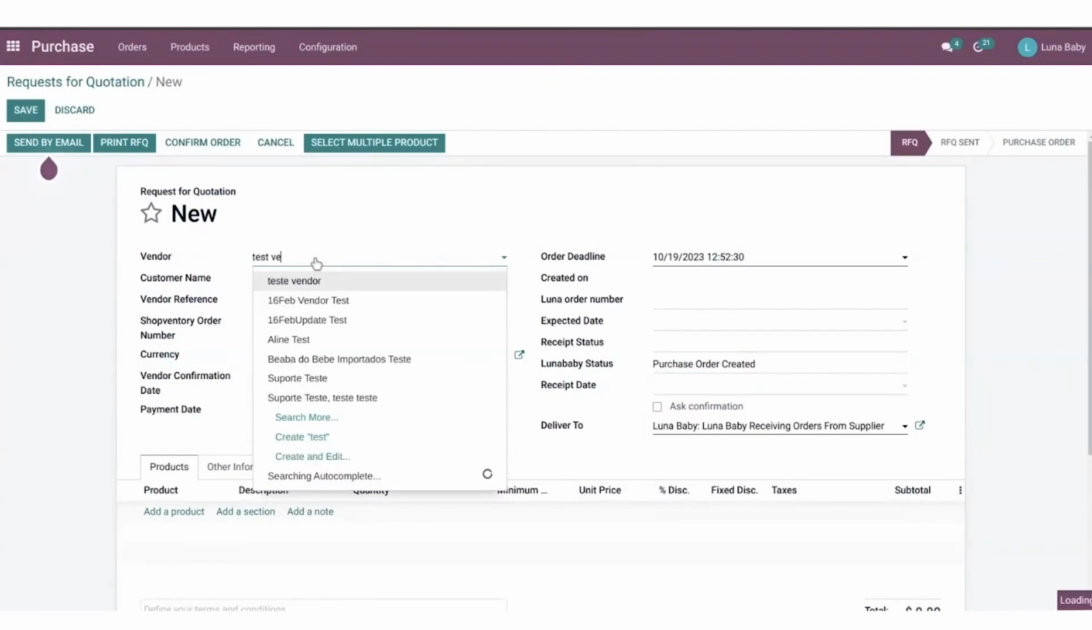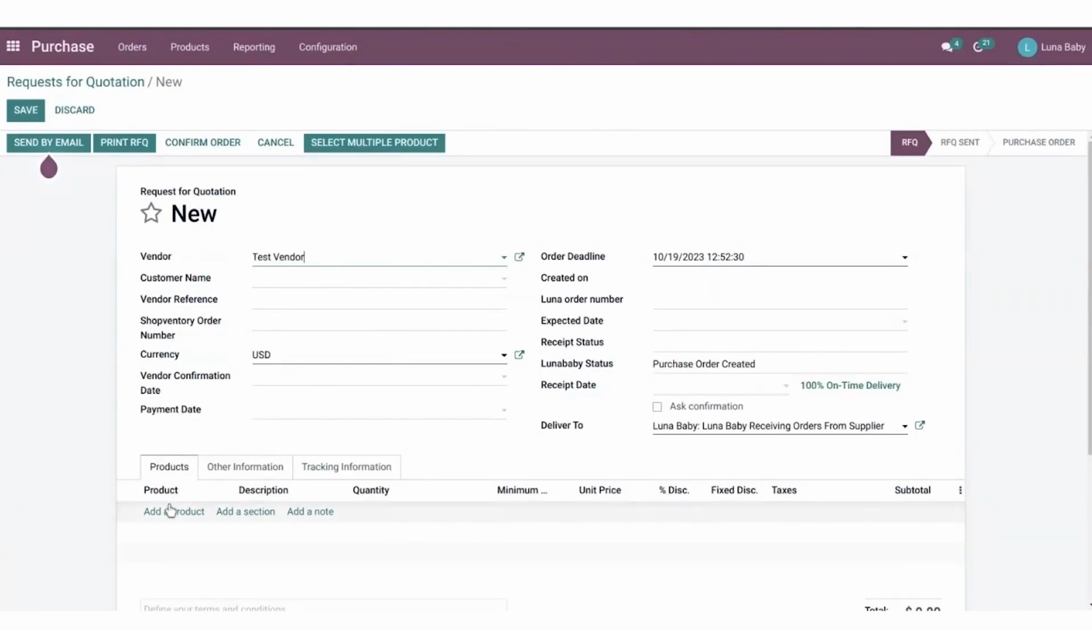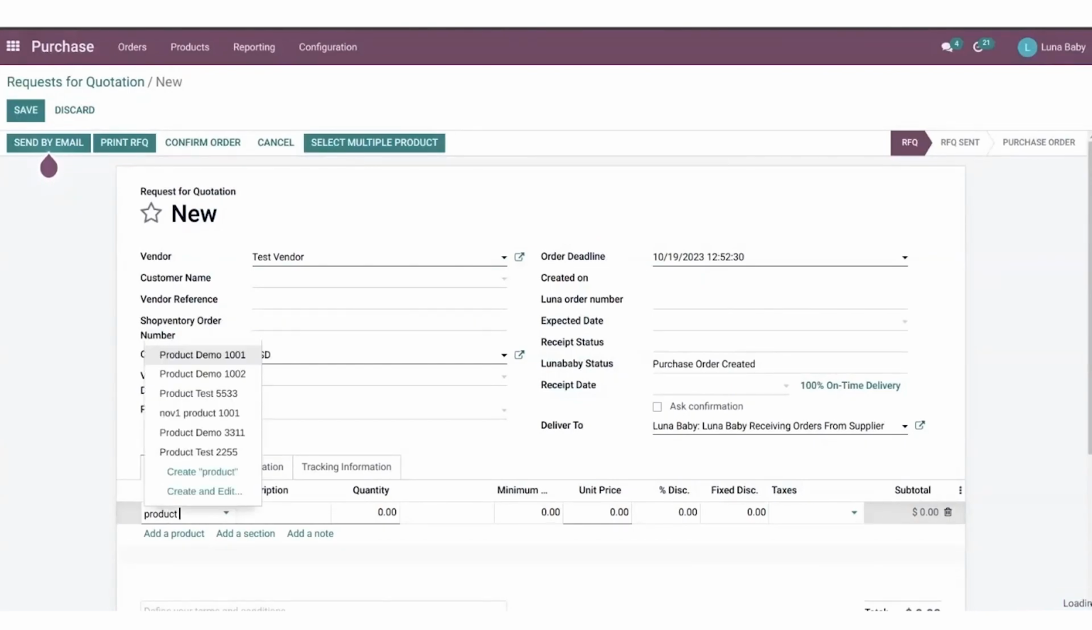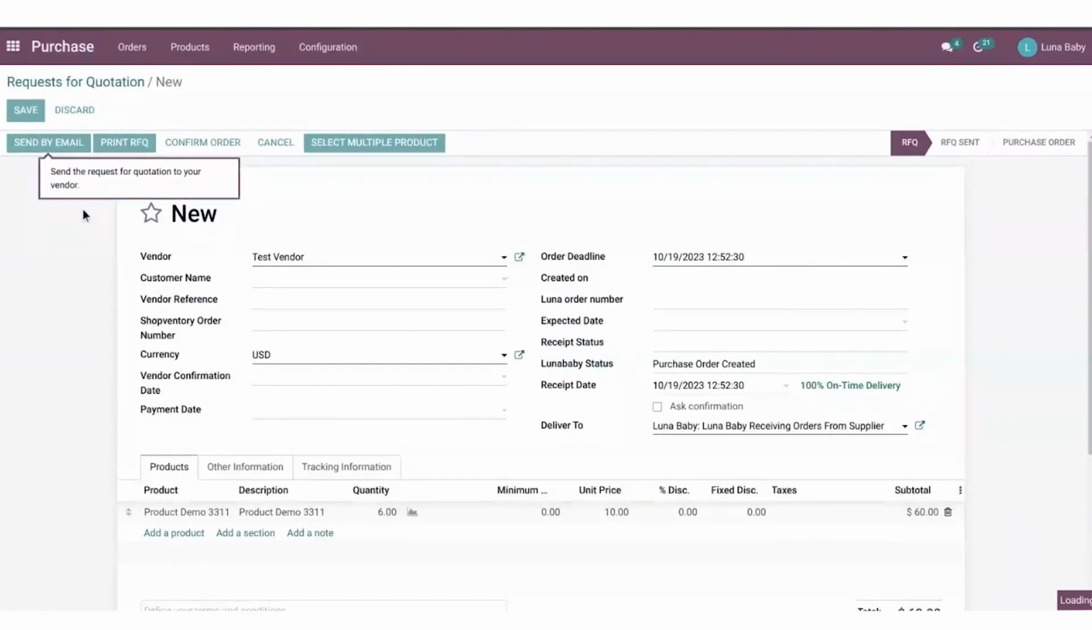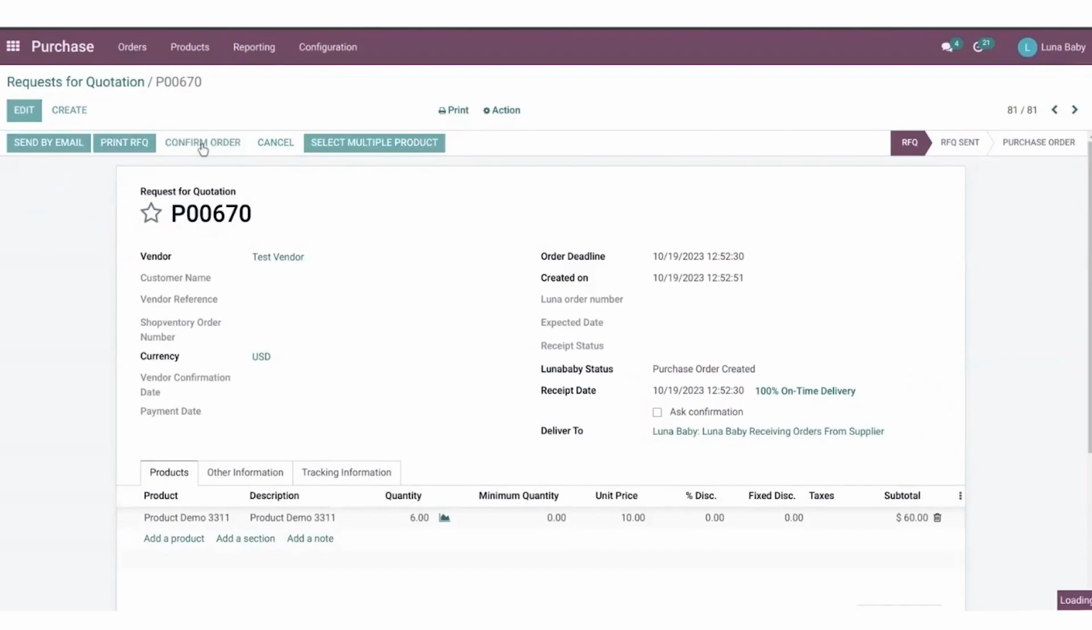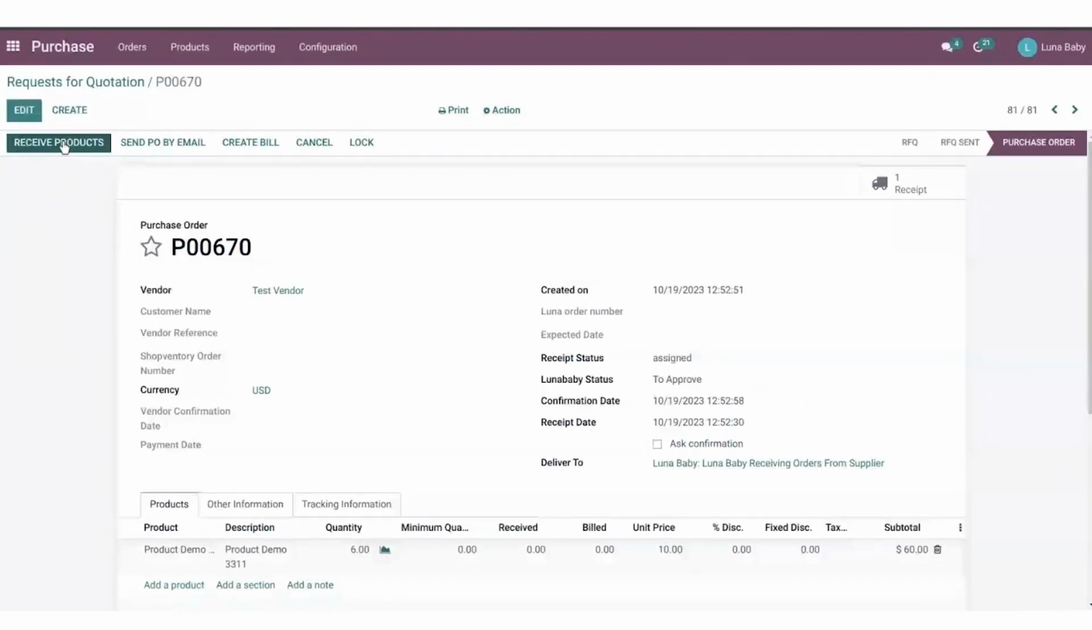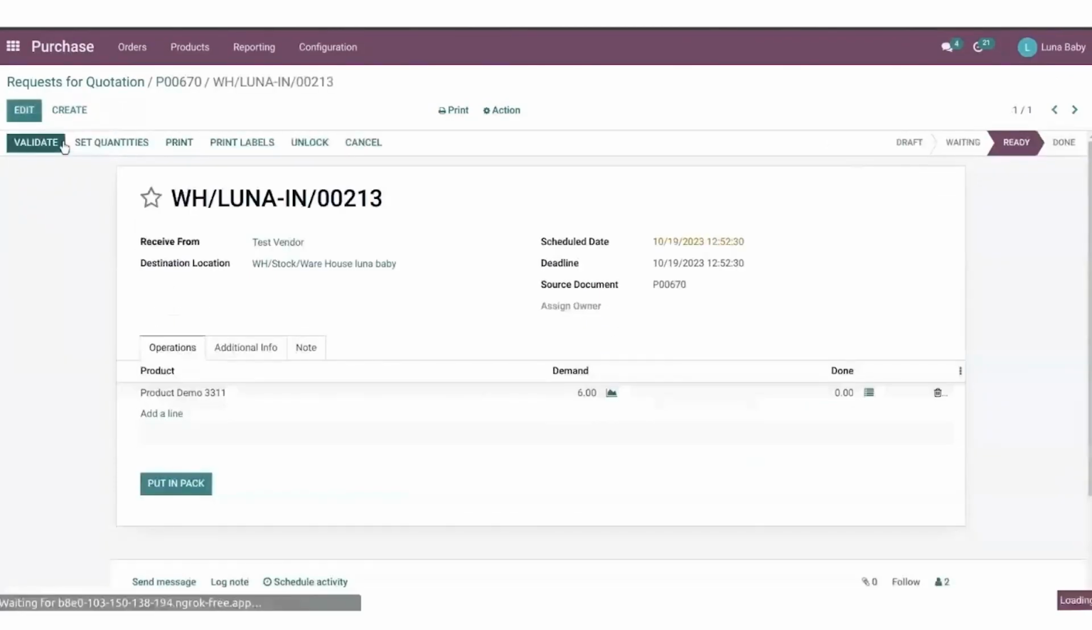For test vendor, we have created the order for product demo 3311. We'll be having 6 of these to be ordered. We'll be confirming the order, and we have one more step, that is the approval of the order. Once the order is approved for this particular product, we will receive the items, validate them,